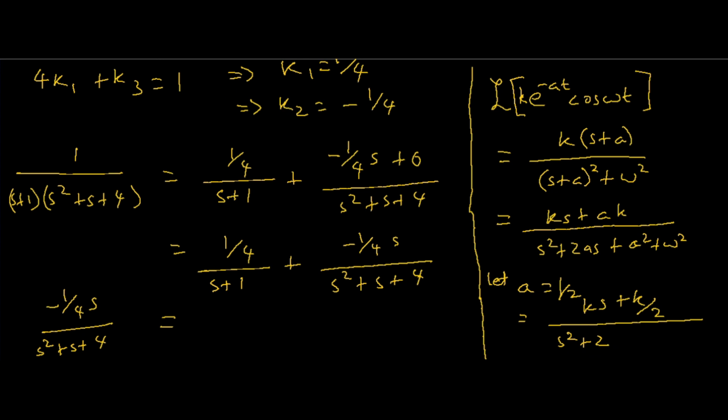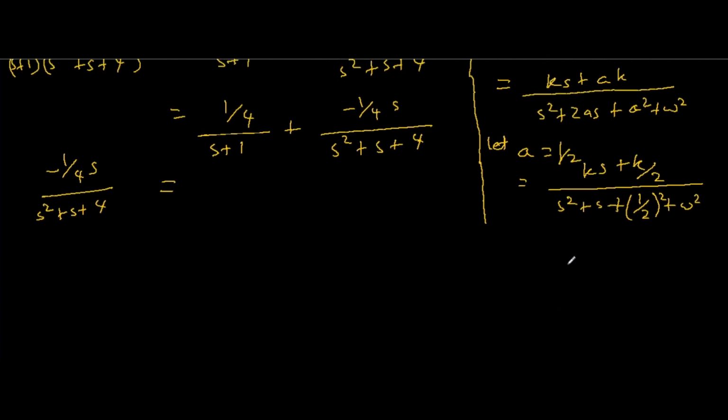Ks plus k over 2 is equal to s plus, now this will no longer be 2. Okay, instead this will be now s squared plus s, which so far is beautiful for us. Then plus, we're supposed to have an a squared plus omega squared. A squared in this case is 1 over 2 squared plus omega squared. This makes things a whole lot more interesting. Okay, so this is equal to ks plus k over 2 over s squared plus s plus 1 over 4 plus omega squared,